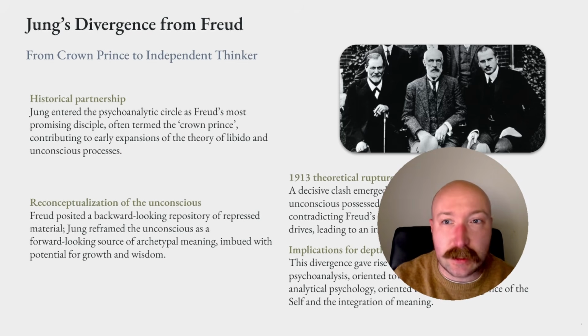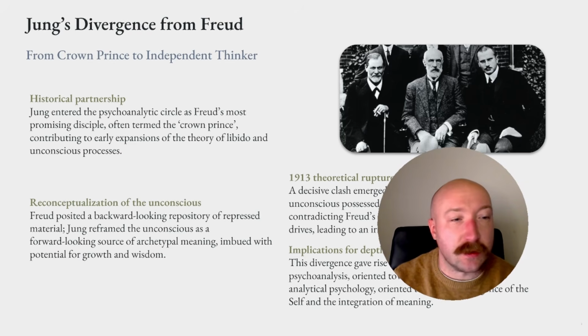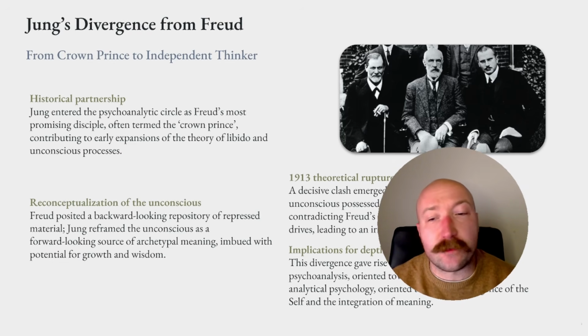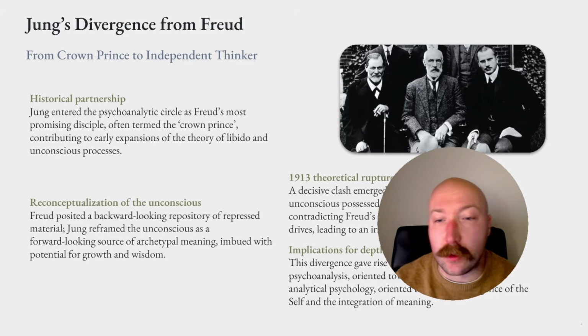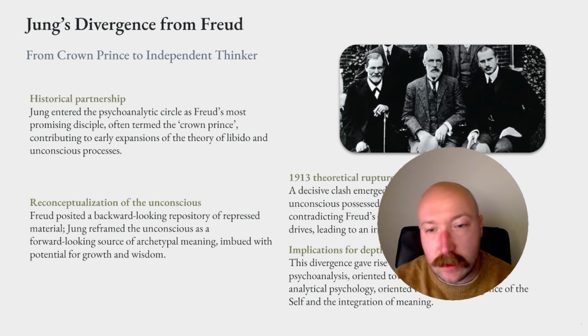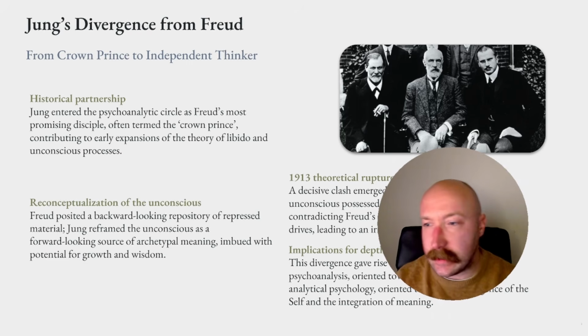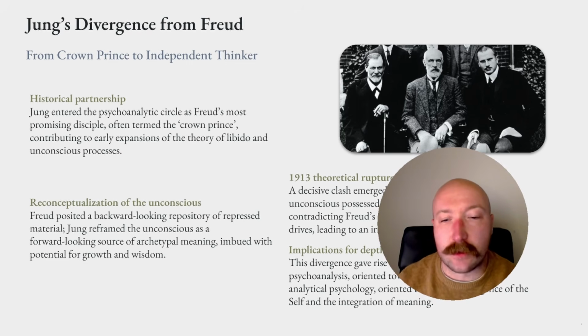This first session, the architecture of the psyche, is going to be laying the foundation. We're going to explore Jung's basic vision of how the psyche is structured, how it operates, and what the fundamental purpose of the psyche is for Jung. Now, this might seem abstract, but I promise you by the end, we're going to have all the tools we need, and a lot of terms and places that we can draw on in further lectures. But as you'll see from this first slide, the place to really begin is Jung's break from Freud.